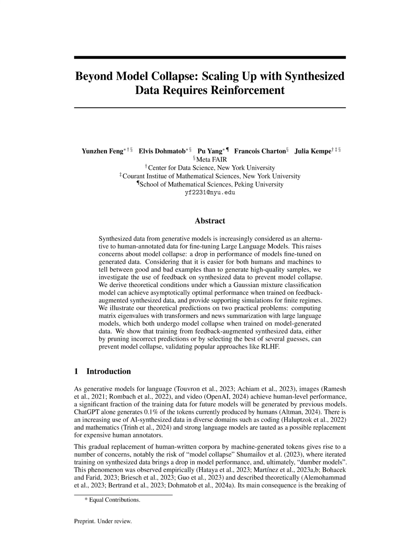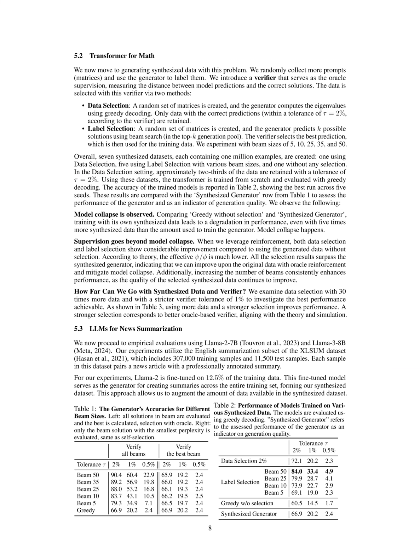4. Increasing the number of beams in the arithmetic task experiment consistently enhanced performance, as the quality of the selected synthesized data improved. Using reinforcement methods for data selection and label selection showed considerable improvement compared to using the generated data without selection, mitigating model collapse. 5. The experiments demonstrated that the proposed method of leveraging feedback from a verifier for data selection can prevent model collapse and improve the performance of models trained with synthesized data.